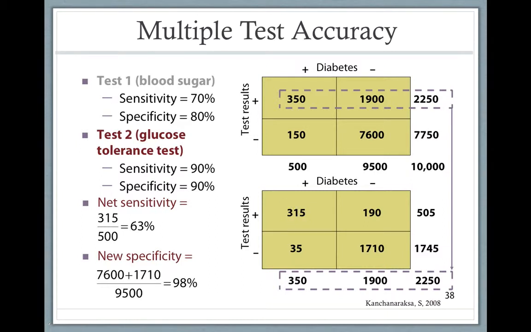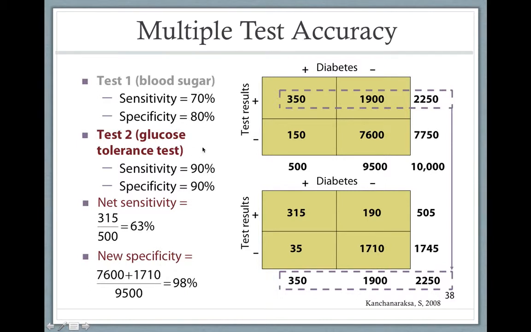And then that is a sensitivity measure, so it's to all of the people with the disease. So we left 150 people in this first test that have the disease. So we need to include them too in our measure of sensitivity, net sensitivity, which is going to be 315 over everybody with the diabetes, which is 500. So it's 63%. And as you can see, sequential testing reduced the sensitivity in both cases if you're comparing them